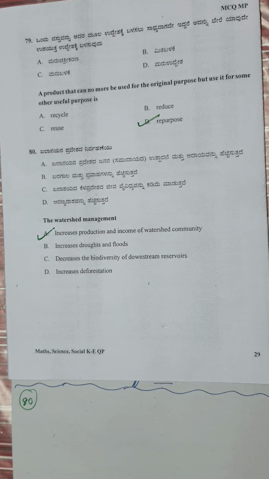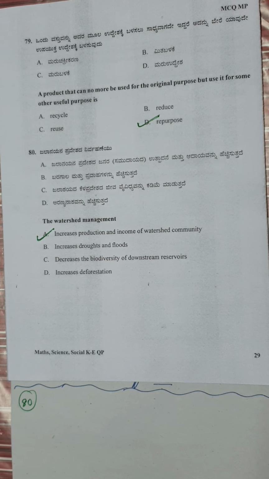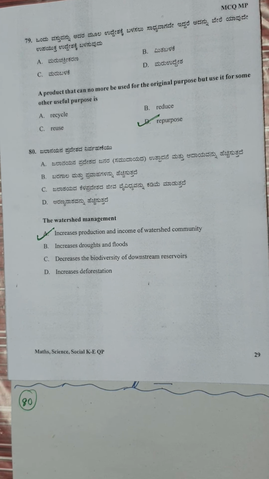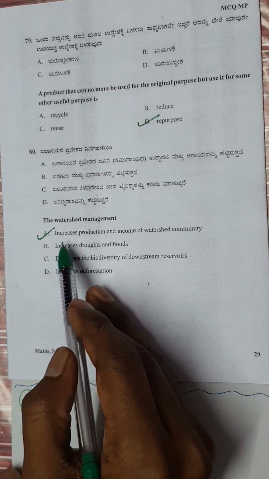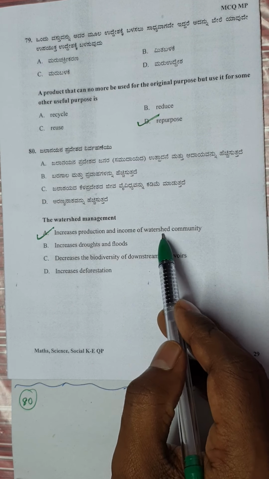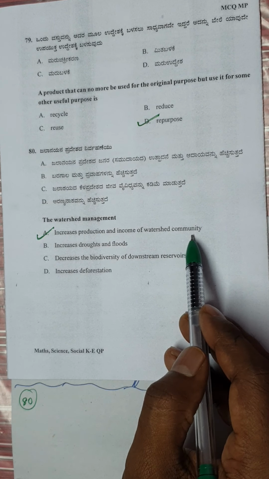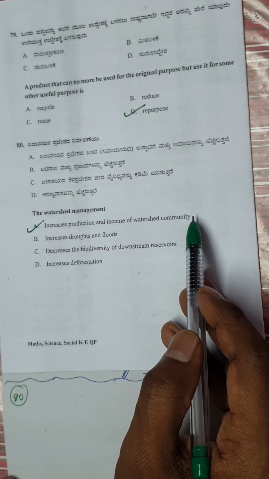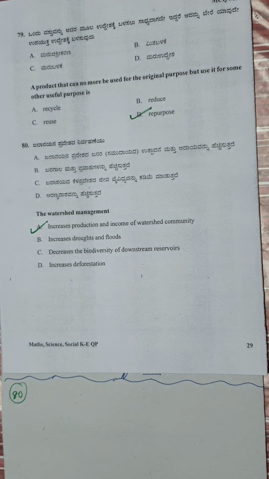The main purpose of watershed management is to increase the biomass. So watershed management increases production and income of the watershed community. Is it clear? So option A concludes all the 40 questions from the part